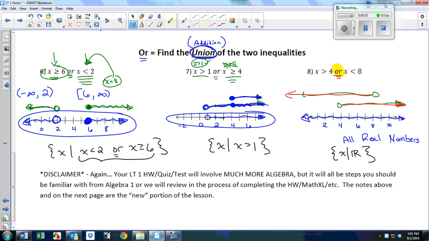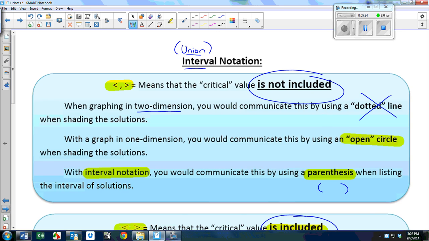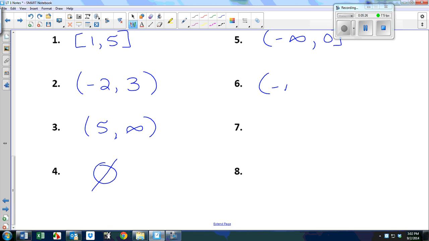I really kind of messed that up. Let me try that again. You've got a solution set of negative infinity to 2. You've got a solution set of 6 to infinity, and you want to put those two together. So it's kind of like adding them together. You use a symbol for union that just looks like a capital U. So that's your interval notation: negative infinity to 2, not including 2, union with 6 to infinity, and 6 is included, so a bracket at 6. And then number 7,